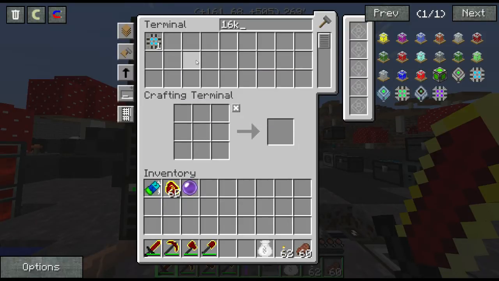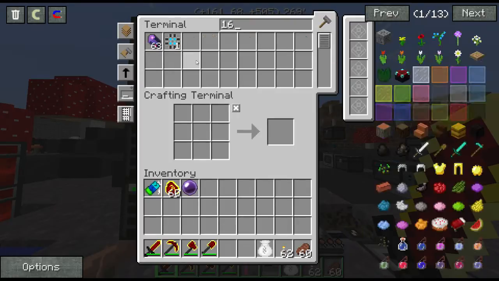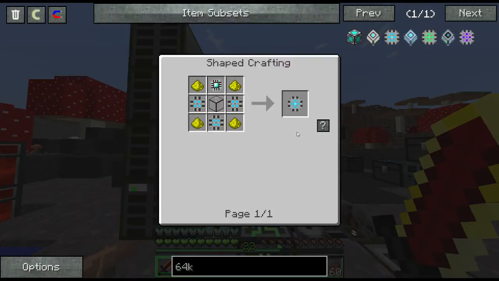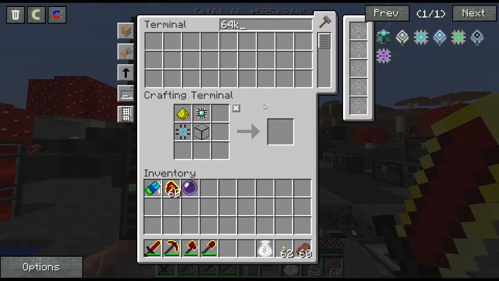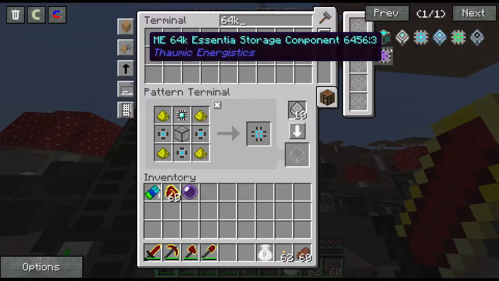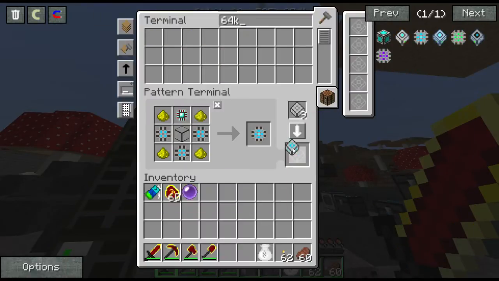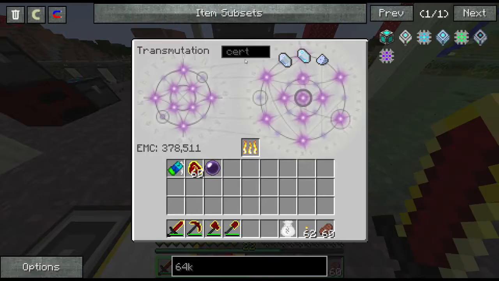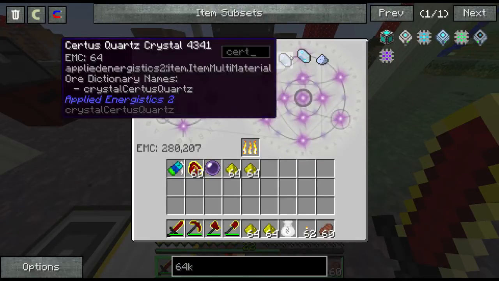Well, I might as well actually autocraft all the 64Ks. So, I mean, autocraft 64Ks. So let's just do that too. Here, let's have the recipe for a 64K. Obviously, I can't do it in here. So, 64K. Here we go. I have the recipe for a 64K. Okay, now I just need to add glowstone, Certus quartz,